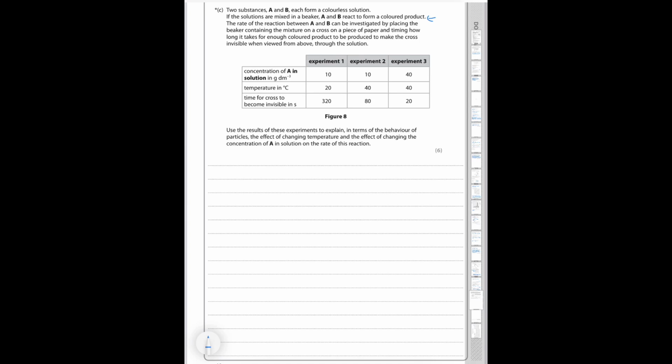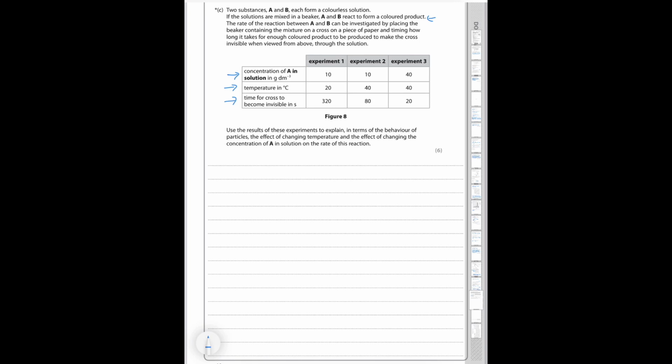So we have concentration of A in solution in grams per decimetre cubed. We have the temperature at which the 3 experiments are done, and we have the time taken for the cross to become invisible in seconds. And we are asked to use the results of these experiments to explain, in terms of the behaviour of particles, the effect of changing temperature, and the effect of changing the concentration of A in solution on the rate of